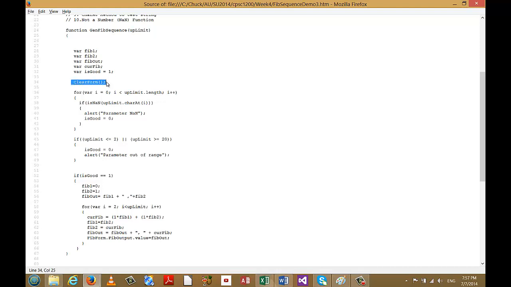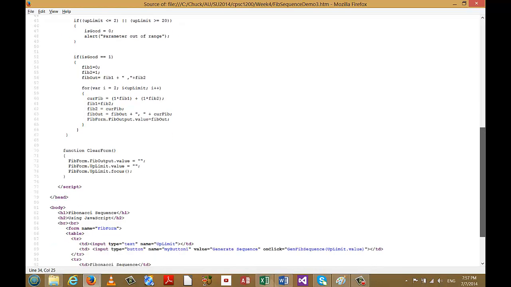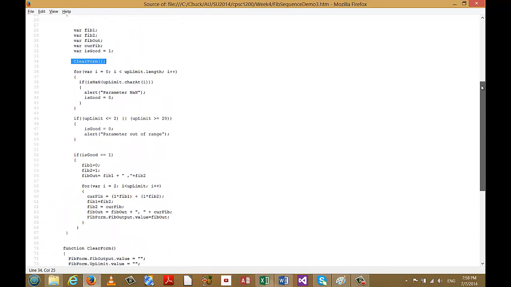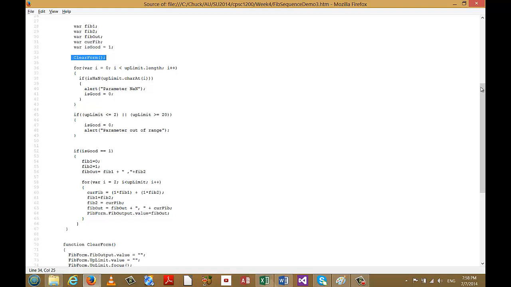I make a call to another method right here just to clear out the form so that every time I run this, it's going to get rid of anything that might have previously been output during a previous execution of the program. So it clears the form, and then it is going to